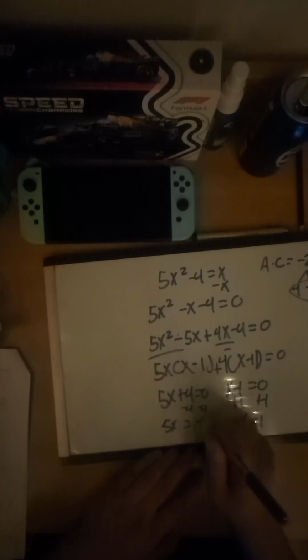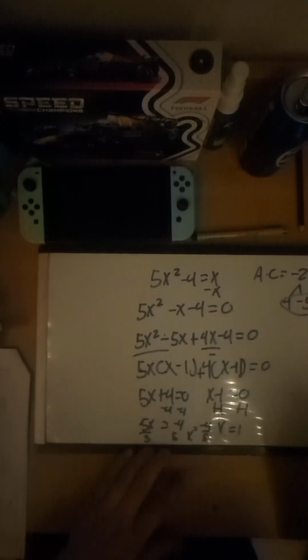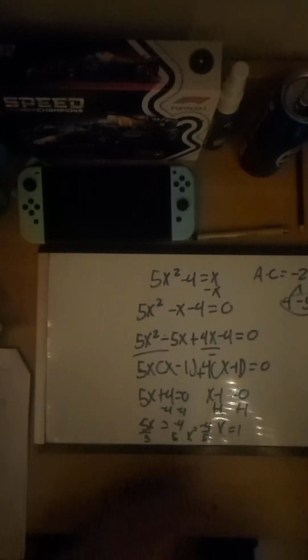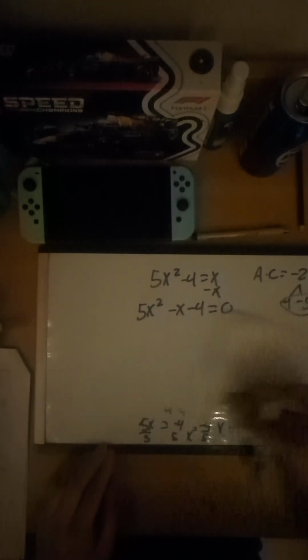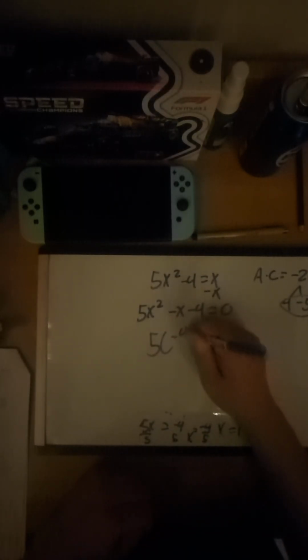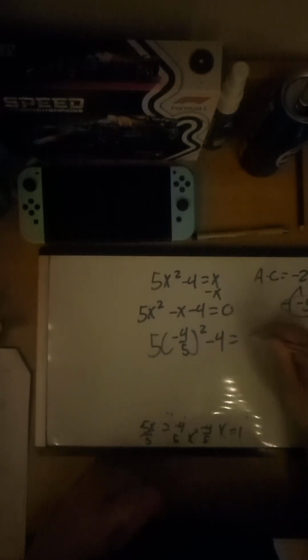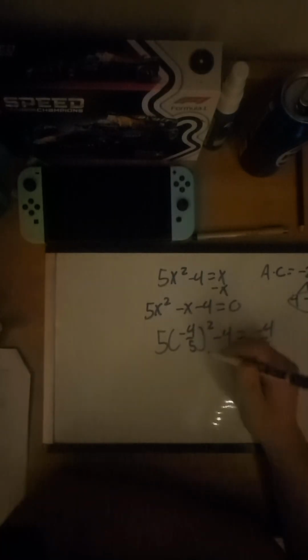5x equals negative 4. X equals negative 4 over 5. And we can go ahead and plug this equation in. Why not? We'll do the fraction this time just to make things a little bit more interesting. So plugging this back into our original equation, 5 times negative 4 over 5 squared minus 4 should equal negative 4 over 5. So following the principle from the last problem, applying this power to both the numerator and denominator,